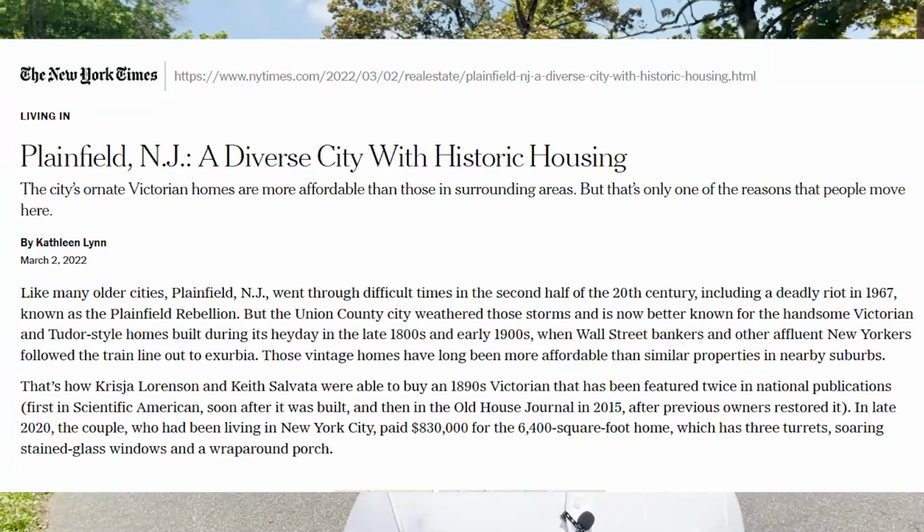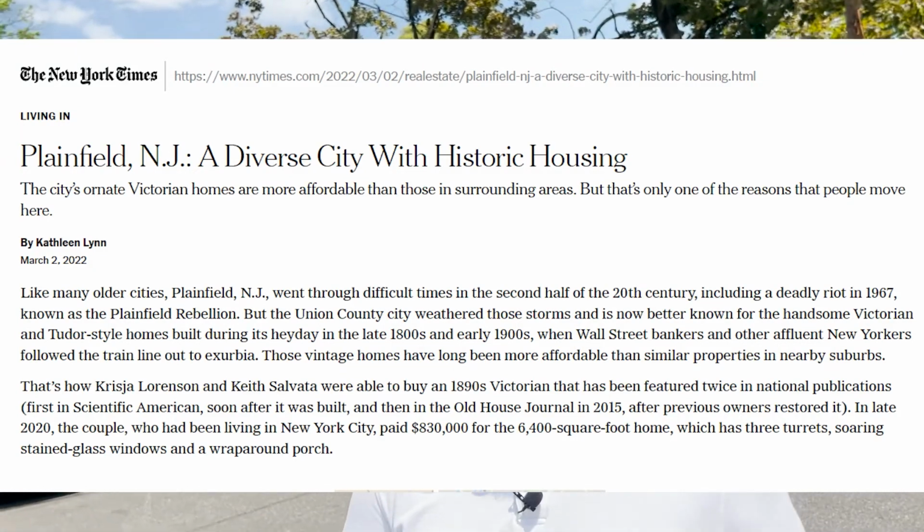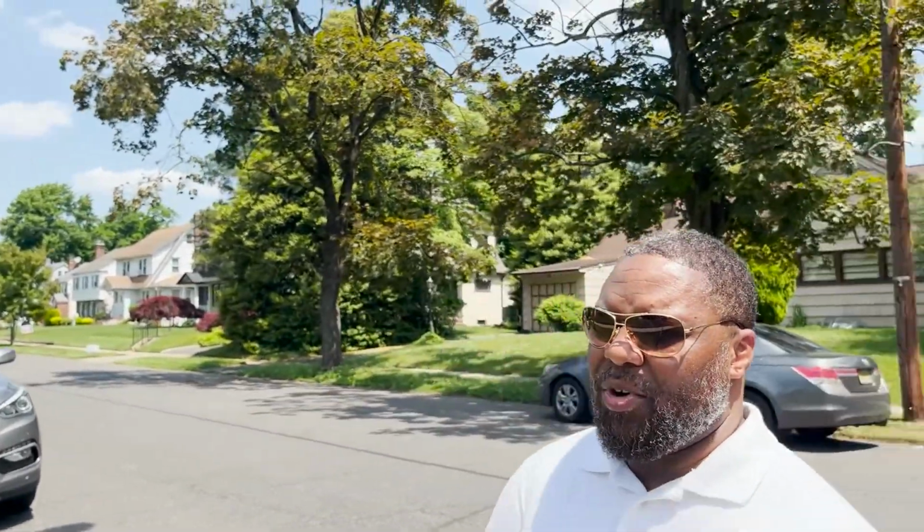That dynamic started to change, along with many other more urban locations throughout the country, post the MLK assassination riots. And that's something you'll see in the same New York Times article I'm referencing. A lot of that tended to change, and there was certainly a shift for decades after that until now. The past decade, we've seen substantial regeneration here in this location. So this is most certainly an area to consider,